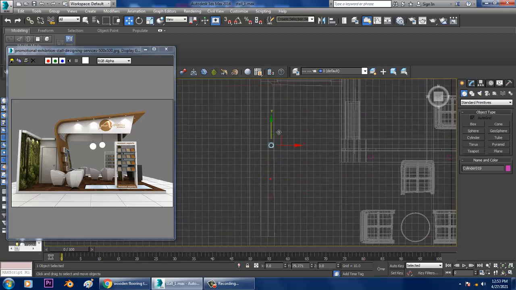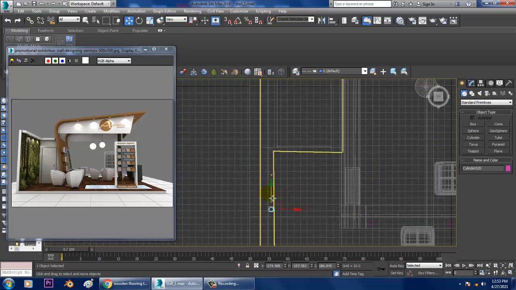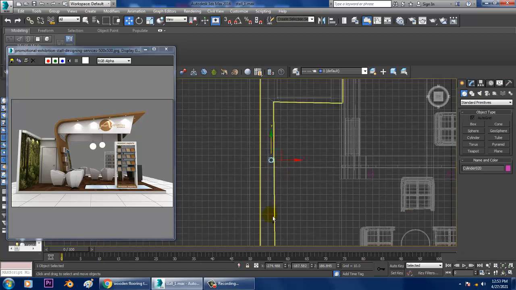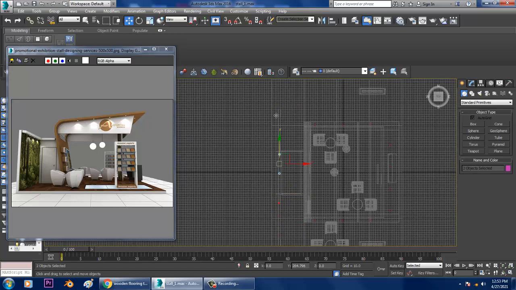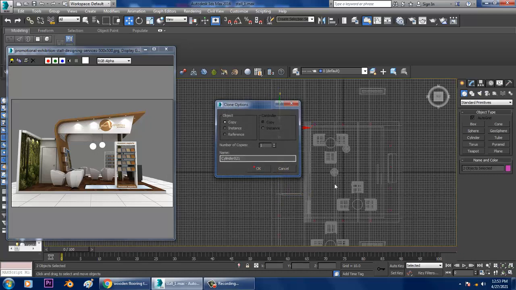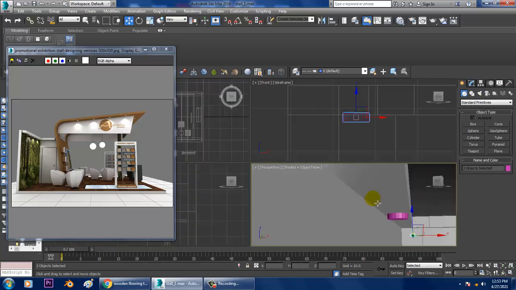Press shift and again make two more copies on the other side. So save your file.